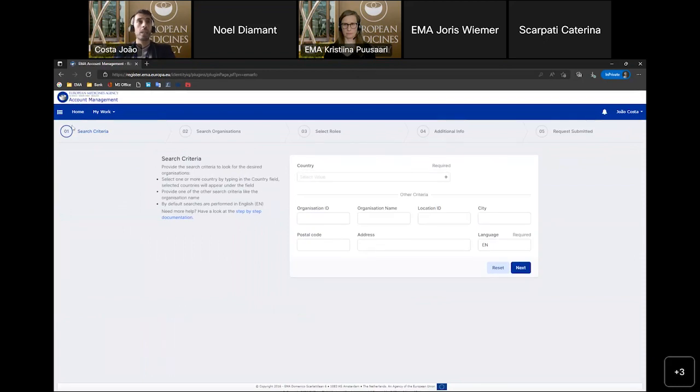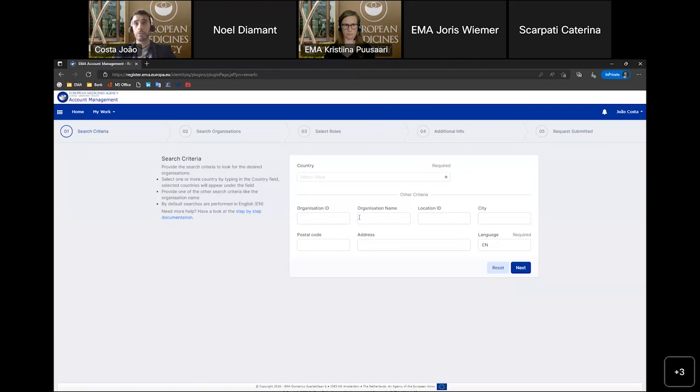And we can see here in this horizontal bar, what are the steps that we need to follow. The first one being searching criteria. The search criteria is defined by two modules, let's say. We need to define or select a country or a couple of countries.